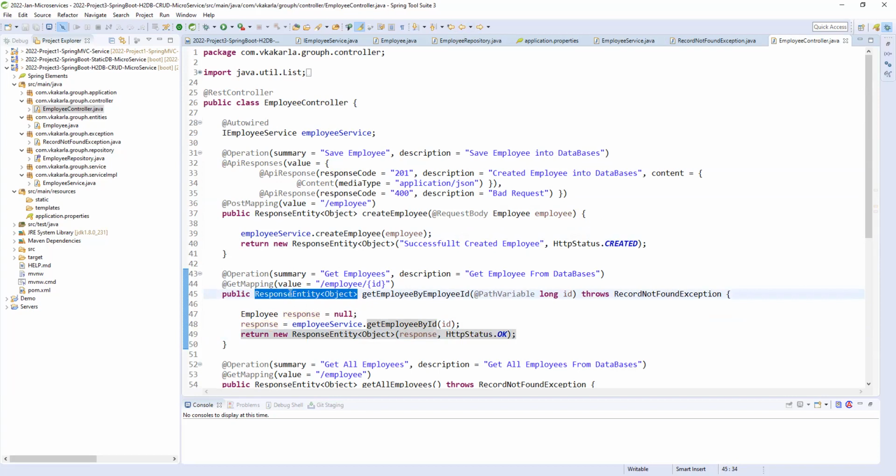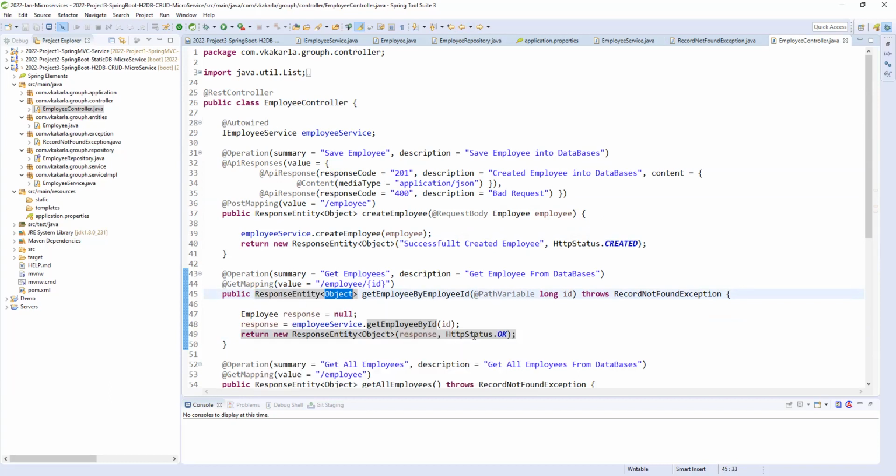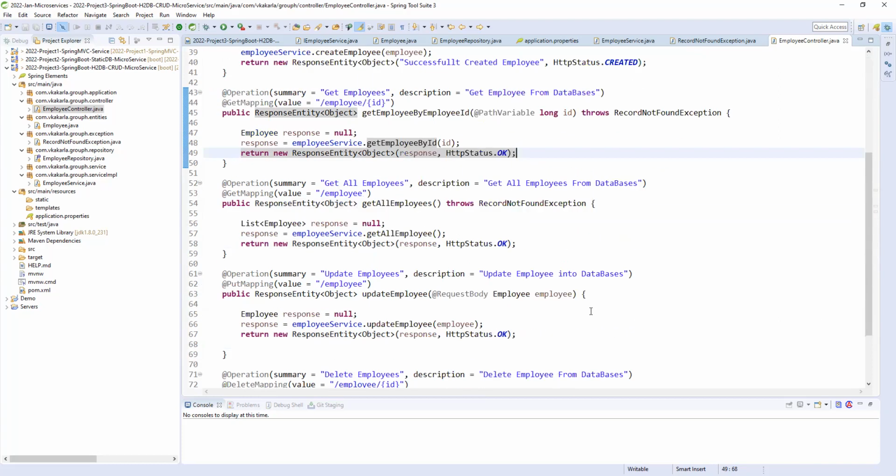Okay, ResponseEntity. It is an entity, and an entity is nothing but an object, right? A ResponseEntity of object we need to send along with the status of this API event or API status, right? That is the reason we need to use HTTP status and ResponseEntity as the return type of each and every API. Like that, we have get all employees. We are getting all employees and passing this response here. Whether it is a list of employees, a single object, or a list of objects, it will take it in a generic way as the return type.